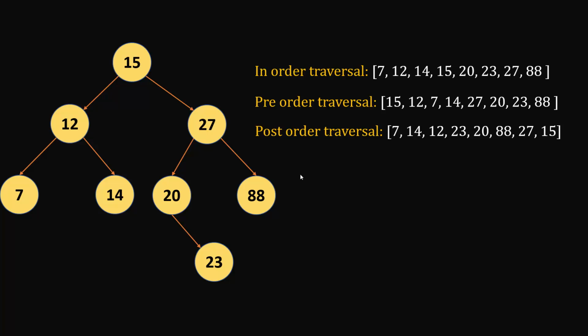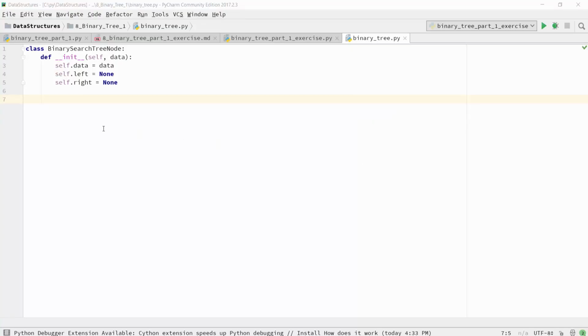Now let's get into coding. Here I have defined a binary search tree node class. Remember, we are implementing a binary search tree. There is a general tree where a node can have any number of elements. Binary tree will have at max 2 elements, and binary search tree is a binary tree with a specific order where the left subtree has all the elements which are less than the current node, and the right hand side has all greater elements. So when you add a method called add child here, what I want to do is